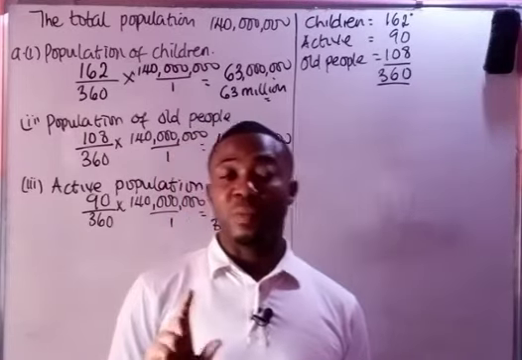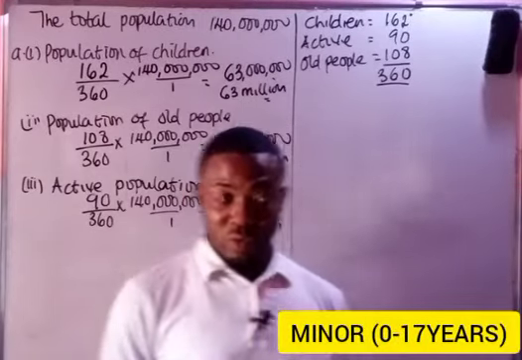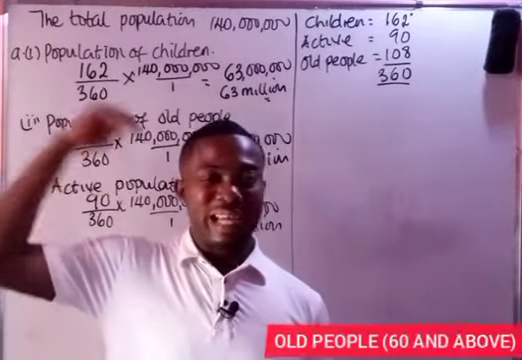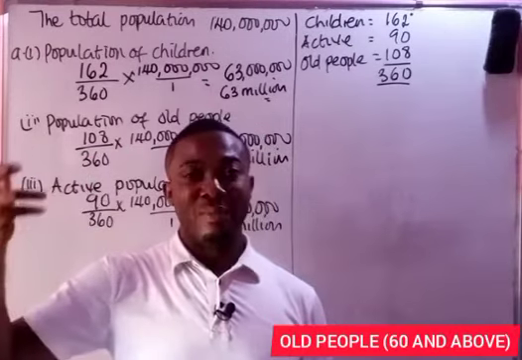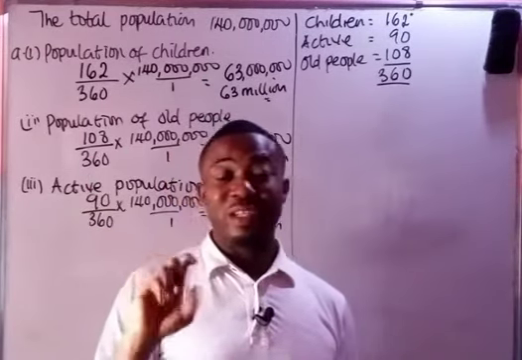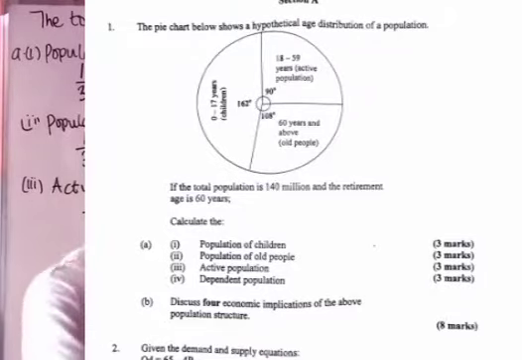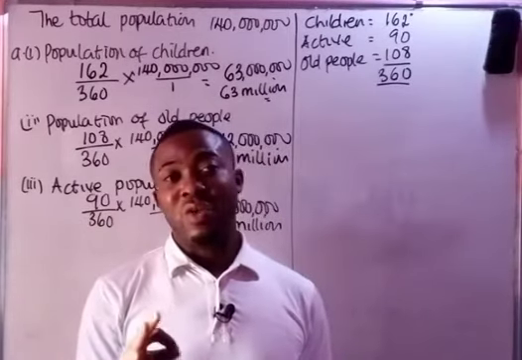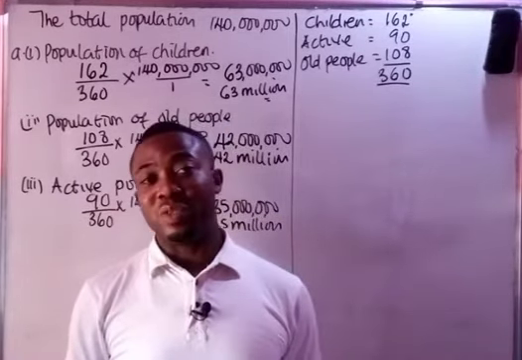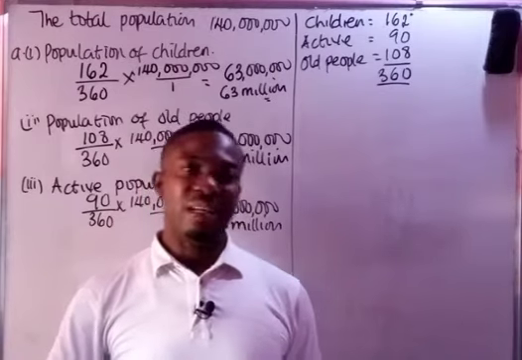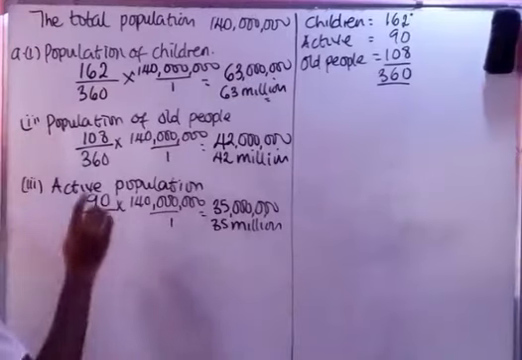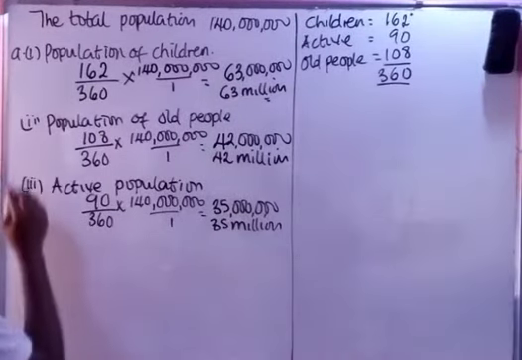And this range comprises of the minor, which is from 0 to 17 years, and also those that are of retired age from 60 and above. Remember in the question they said retirement age is 60. So they have the old people section that was given in the question, which is 60 years old and above. So the dependent population now is that aspect of the population that depends on the independent population for survival. So what it means is that the dependent population will comprise of